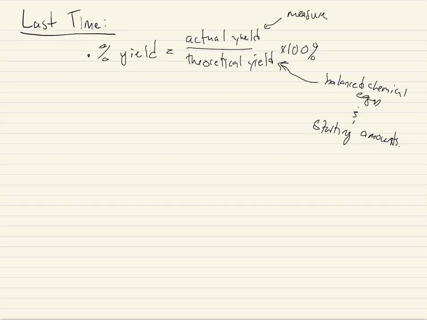And so to determine what the theoretical yield is, you have to determine how much product you're going to make if you mix these 2 things together. You can be given problems where you have to determine that, or determine what the limiting reactant is, or you can be given problems where it's already assumed what the limiting reactant is, right? So this is from the balanced chemical equation and the starting amounts of each reactant. And then you have to determine what is theoretically the most product you can make from that reactant, right? So this is the theoretical max amount